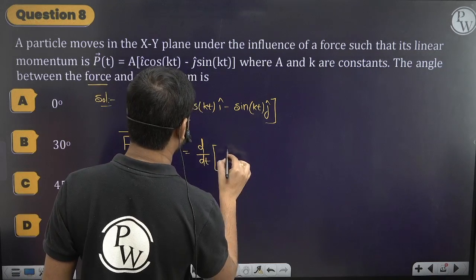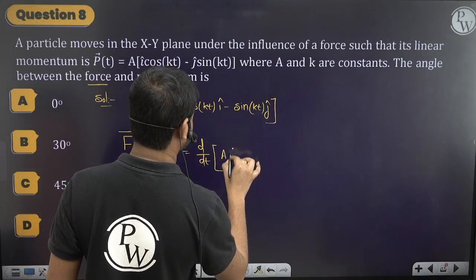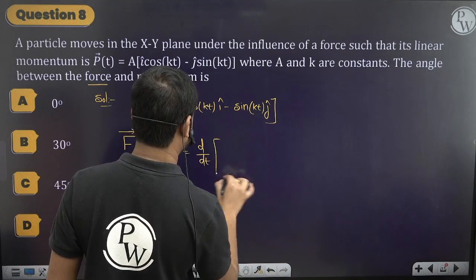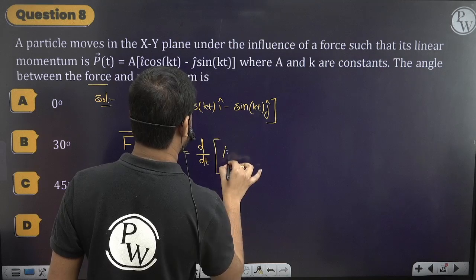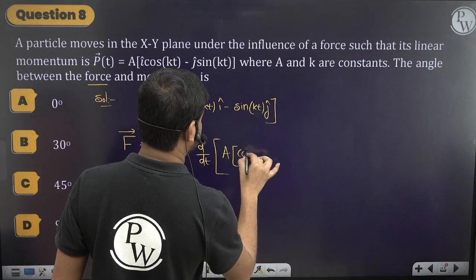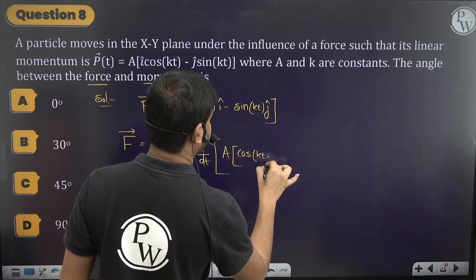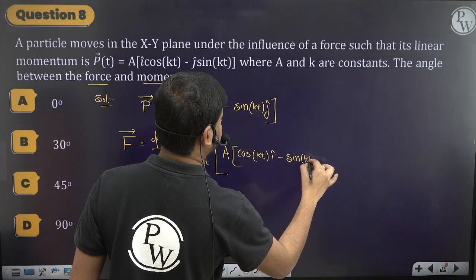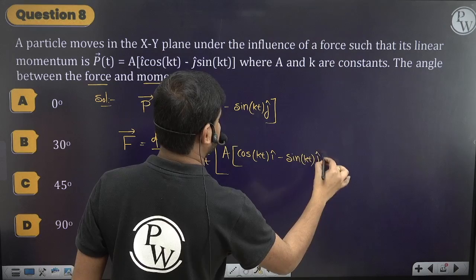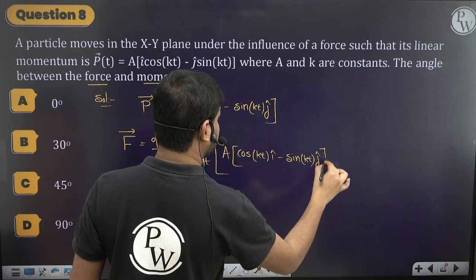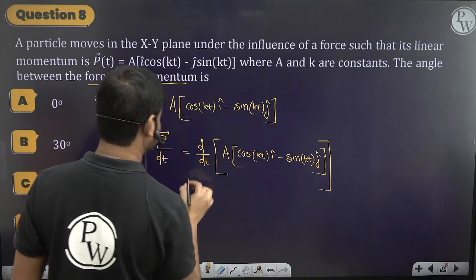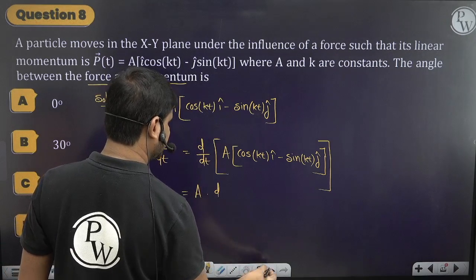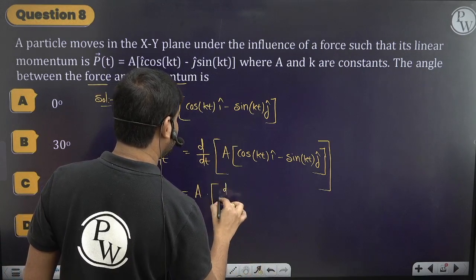So the momentum is simply, let's write this way. This big bracket, and then again A into cos kt i cap minus sin kt j cap. So you are differentiating with respect to time here. First, A is constant, so I am differentiating, take A out. So then d by dt of,